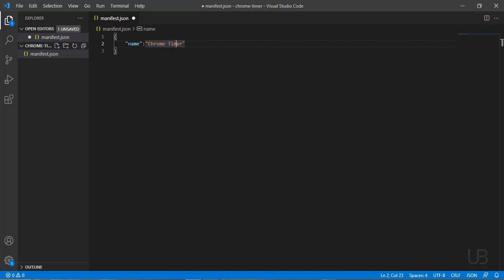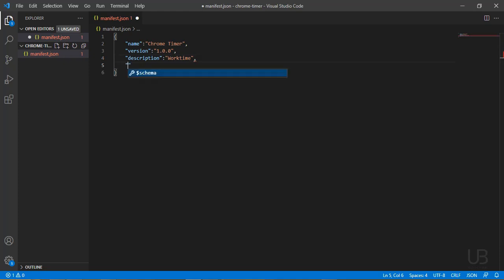The next thing to put there is the version number. This version number is very important if you'll be hosting your Chrome extension on the Chrome Web Store, because for every change you make and every new upload you need to increase the number. So let us just put 1.0.0 as the first version that we are releasing. Then you can also put the description. What is your Chrome extension all about? Let me just put work time. Obviously I'm not really creative at naming things, but let's just use it like that.